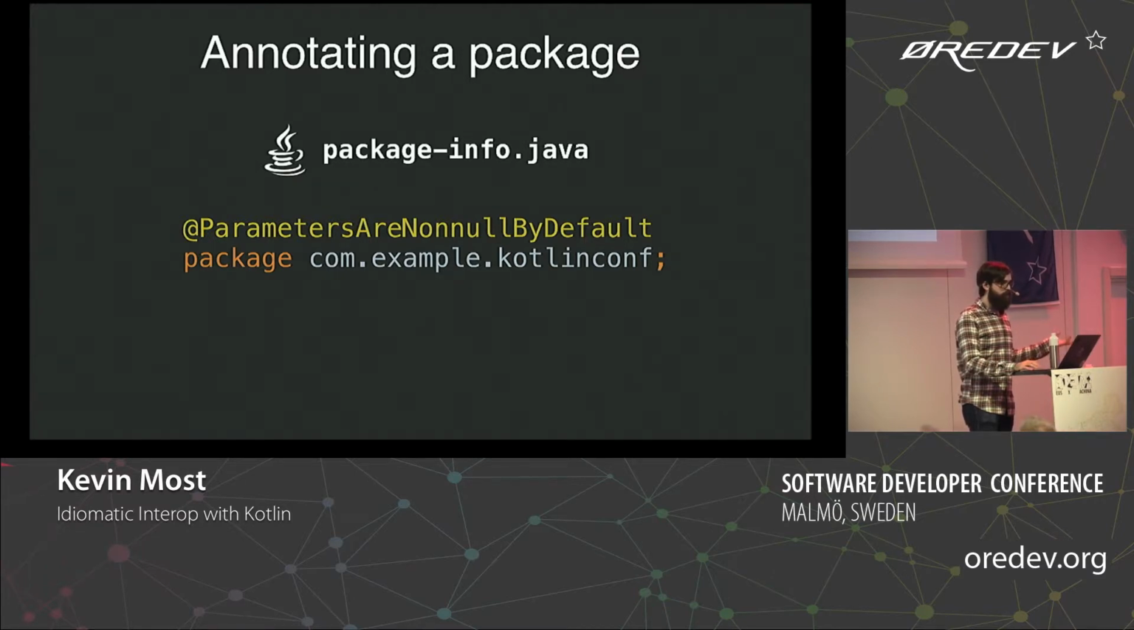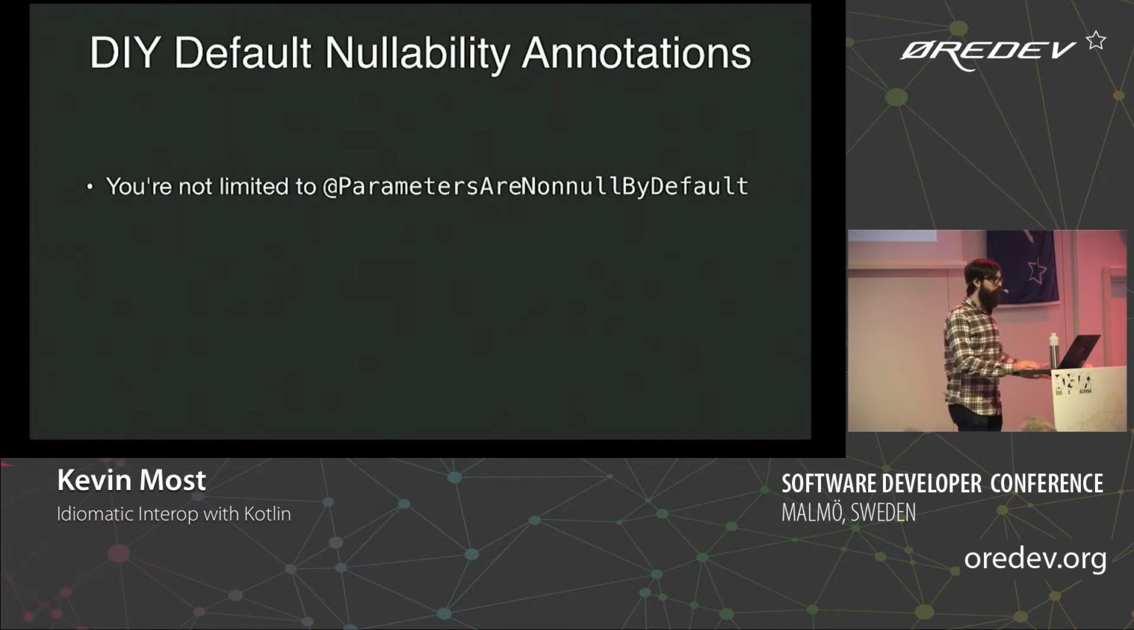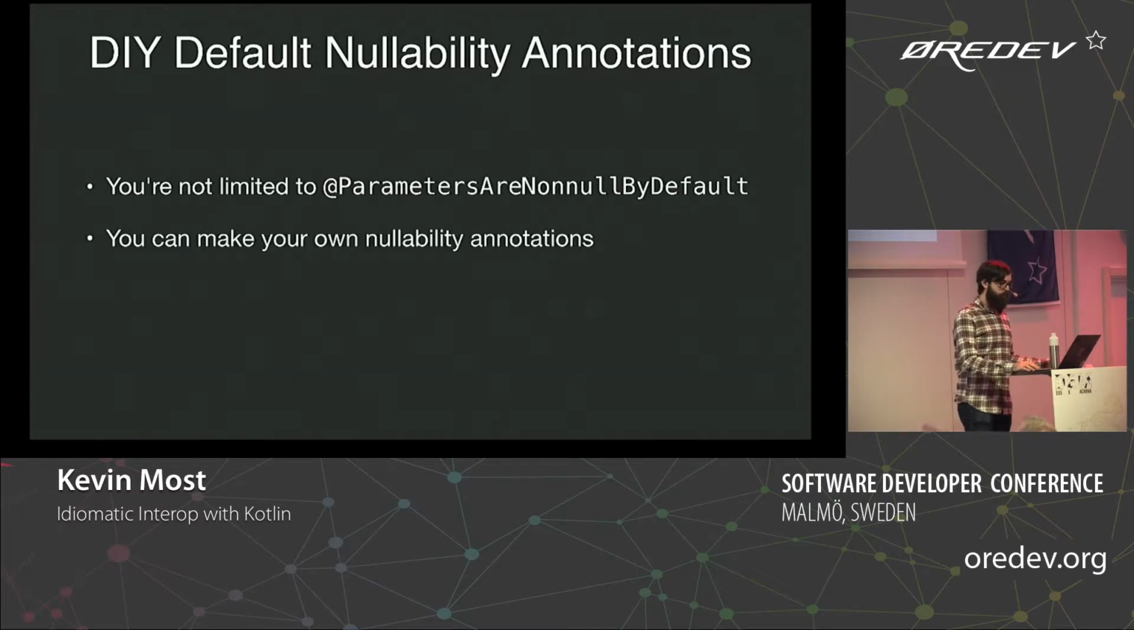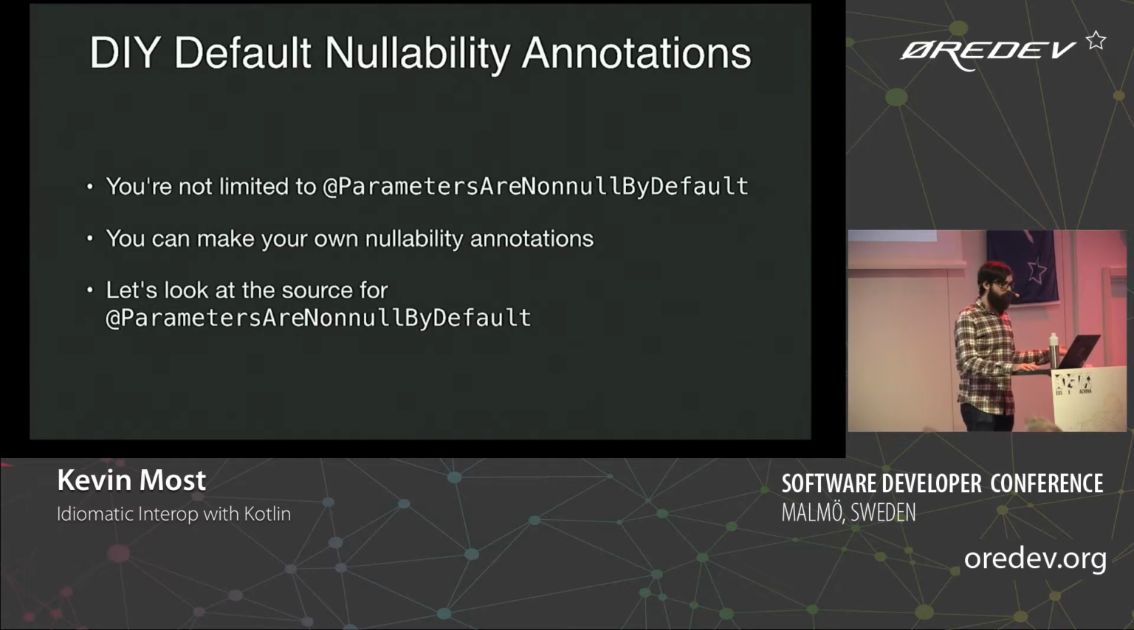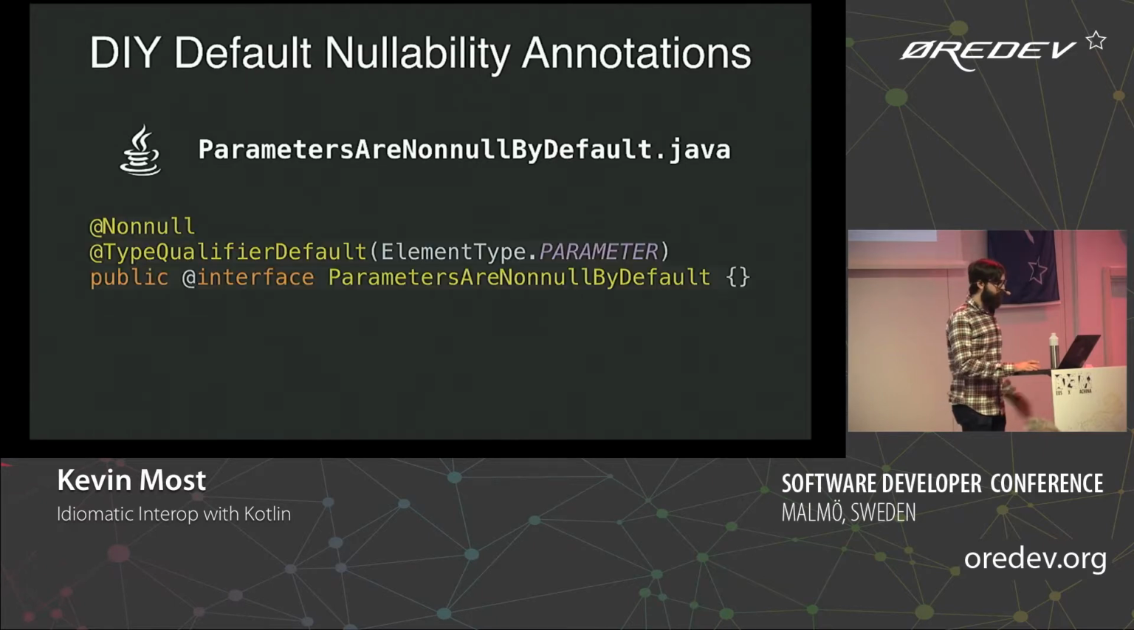But unfortunately, JSR 305 only comes with these 2, right? It only comes with ParametersAreNonnullByDefault and nullable. But you can actually make your own, which is great. You're not limited to what they provide you out of the box because JSR 305 is a spec. So we can build our own. And I think the easiest way is just to look at the source for ParametersAreNonnullByDefault. So let's take a look at it. So it's an annotation,